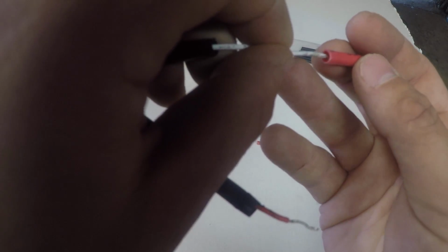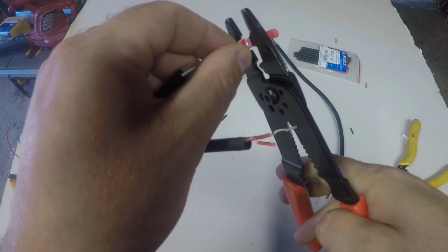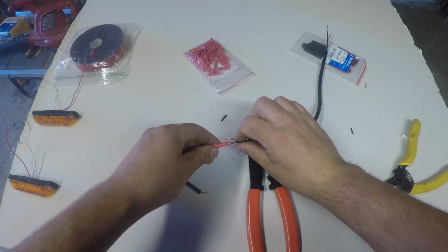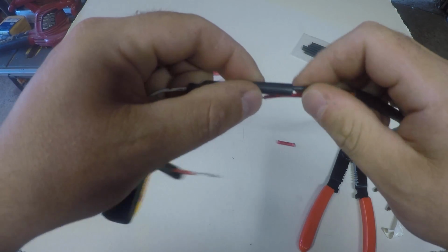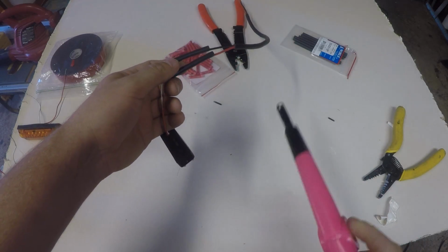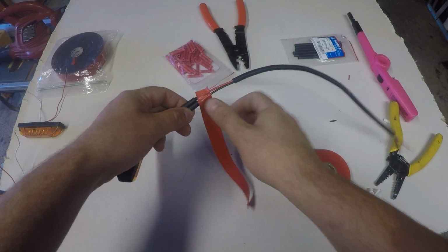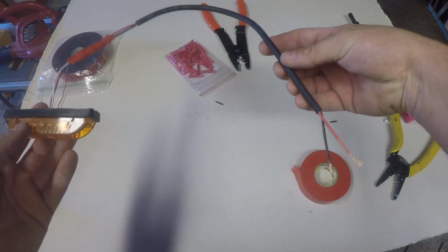We'll take our butt splice, push our wire in, and then I'm going to crimp this together. Pinch that together. Give it a little tug so I know it's not going to come out. And then I'm going to take my black wire, push that in there, and I'm going to do the exact same. And then all I have to do is slide my heat shrink over the top, and we'll apply a little heat to that. And then that's the first one done, and then we'll repeat that process for this one. A little heat. Awesome, there you go. So everything's sealed, number 1 done,